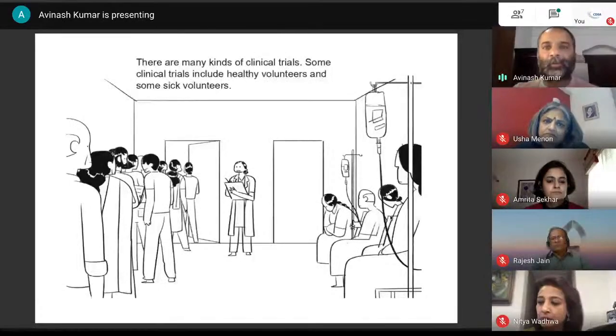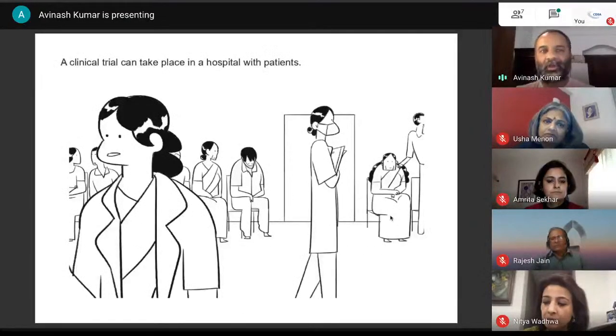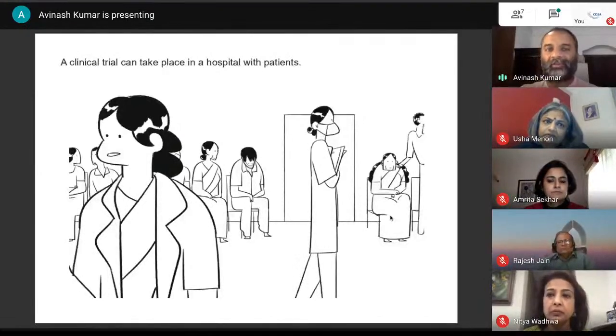So this particular comic was made to help people understand what clinical trials are, break down the science behind various aspects of clinical trials, including randomization and so on, as well as help people understand the everyday context, the daily experience of what happens when you go for a clinical trial, and also to take away some of the fear and misconceptions, also to introduce certain aspects like adverse events, and also to finally explain to people